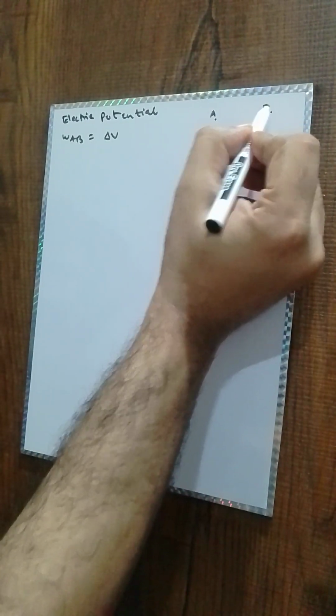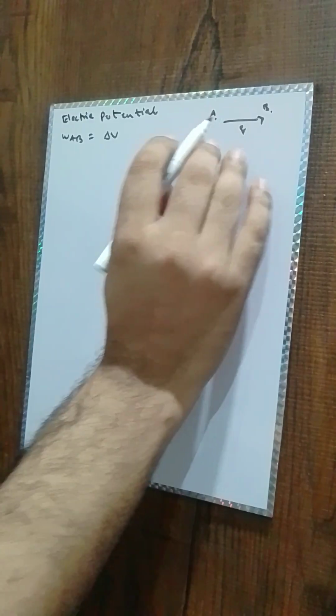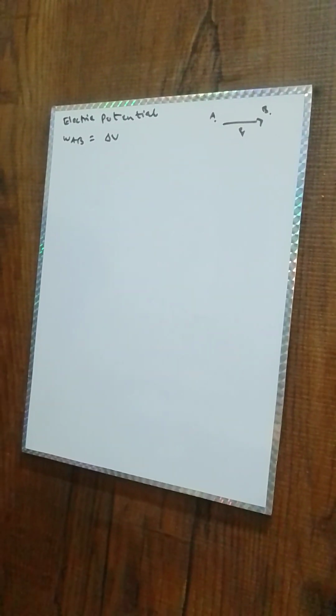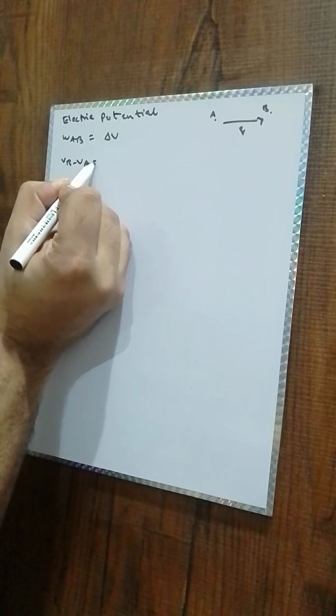This is point A, this is point B, and we move the charge in the field from this point to that. And work done from A to B is equal to change in potential. This is a proposition. So VB minus VA is equal to